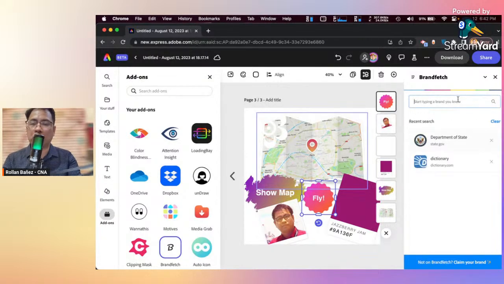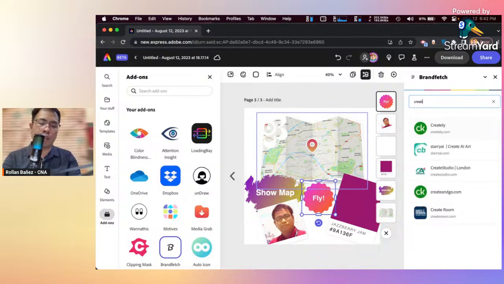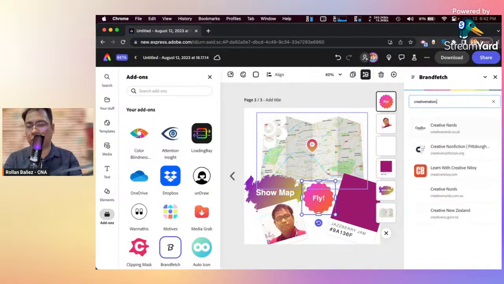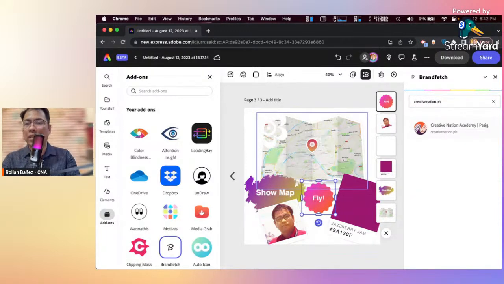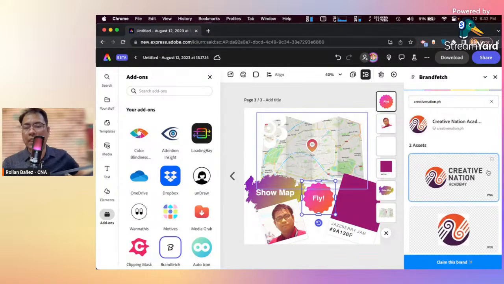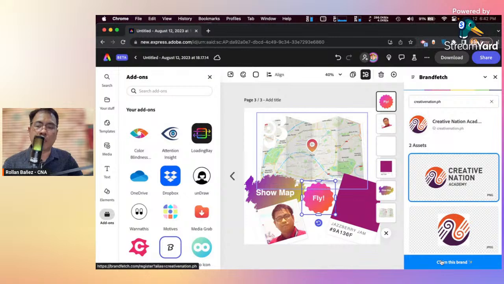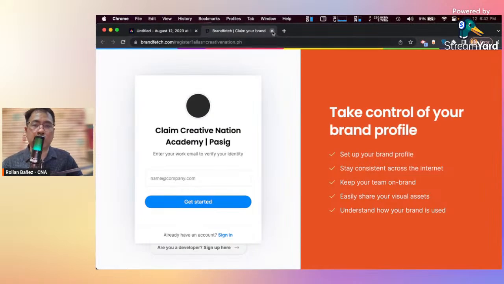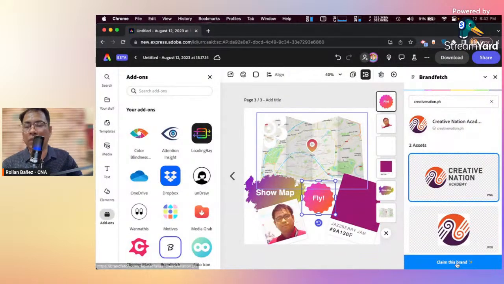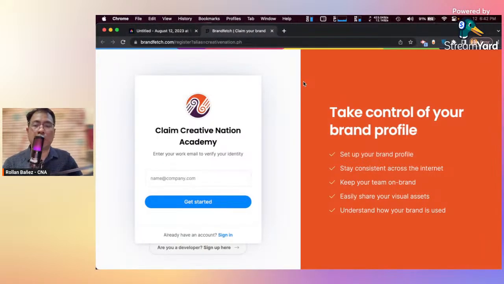Let's say for example, I just want to add our logo. Let's say creativenation.ph. If I just type it here, see that using this add-on, I can easily add the logo of Creative Nation Academy in my designs. I just drag and drop it here. Claim this brand because this is my brand. It will give you a confirmation if you really are the one who owns the brand.